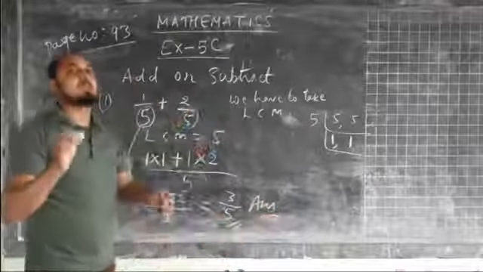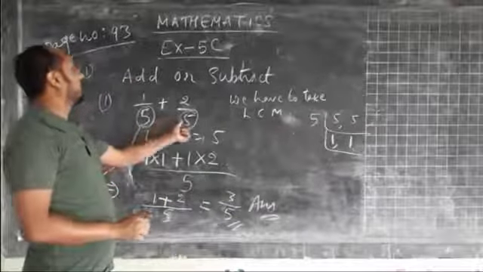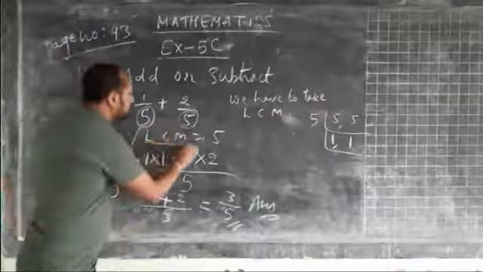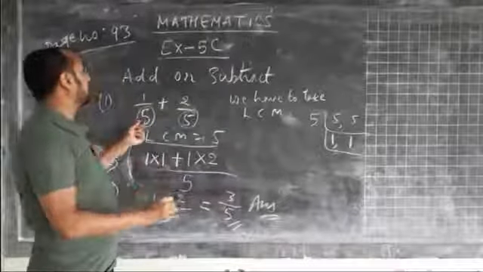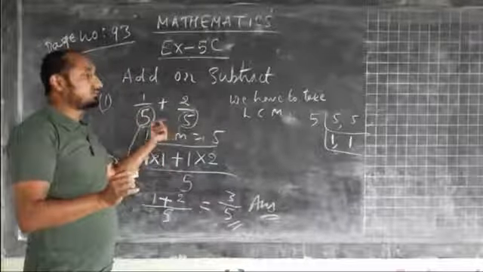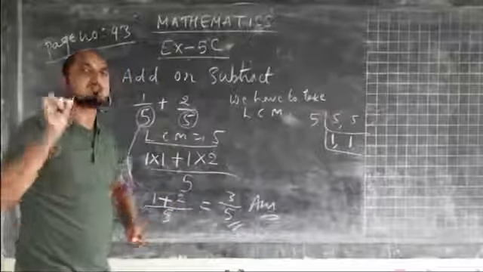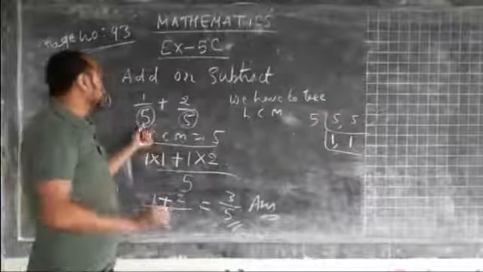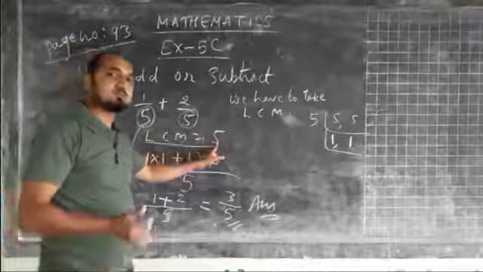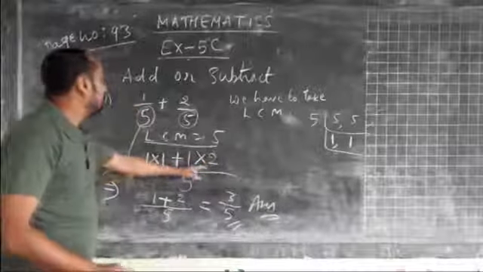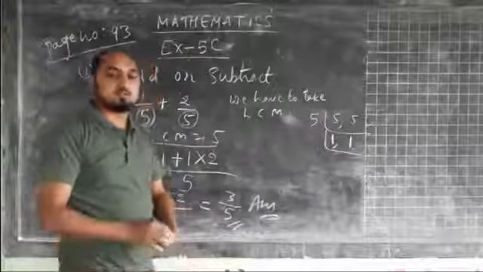In the case of like terms, it is very easy. Whatever the value is at the denominator, that will be your LCM. It may be a different number, but whatever the denominator is in both the cases, it will be same, especially in the case of like terms. So when these two denominators are same, LCM will also be same, that is 5 here. Now when we multiply this, we are getting 3 by 5. So this is your answer.